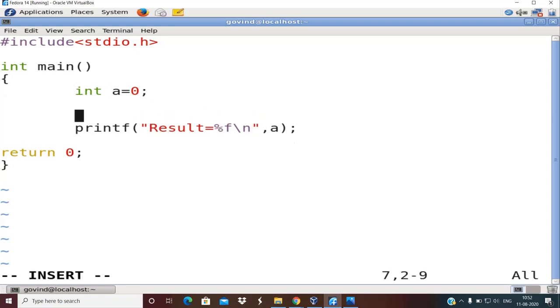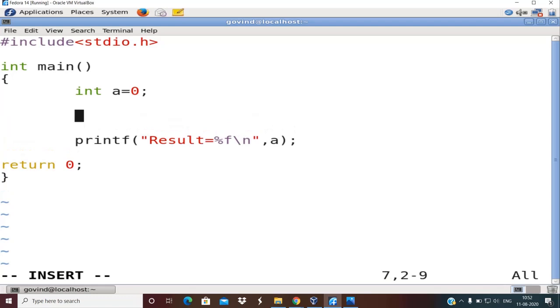Now I have an integer expression: a equal to 10 plus 20 minus 25. This is an arithmetic expression because it involves only arithmetic operators.